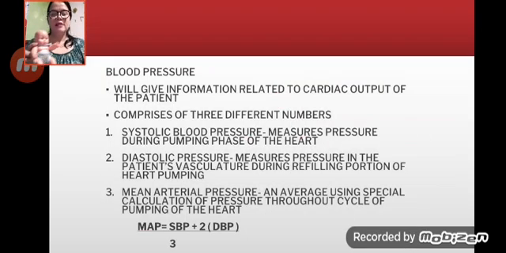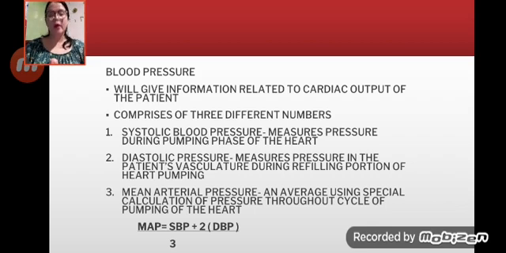Then aside from the heart rate, you will also be checking for the blood pressure of the newborn, because this will give information related to cardiac output of the patient. And this blood pressure comprises three different numbers. The first one, of course, is the systolic blood pressure, wherein it measures pressure during the pumping phase of the heart. And the diastolic pressure measures the pressure in the patient's vasculature during the refilling portion of the heart